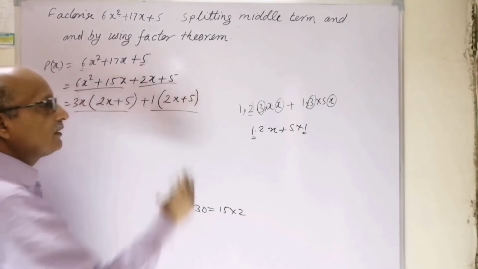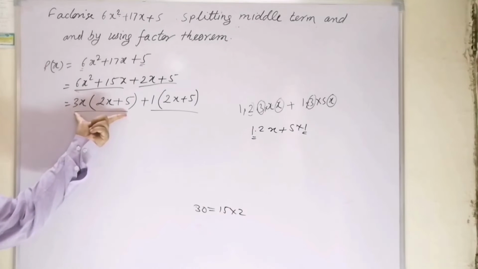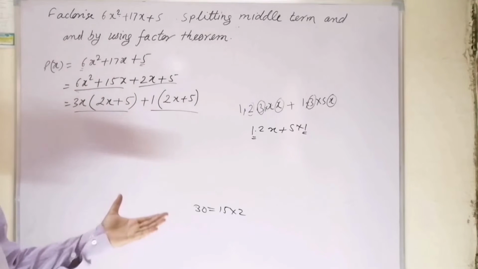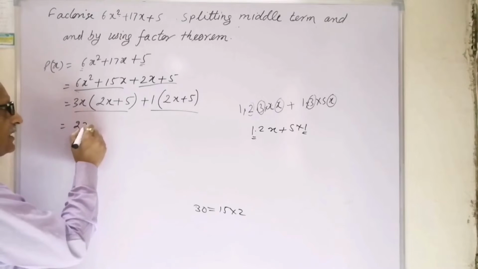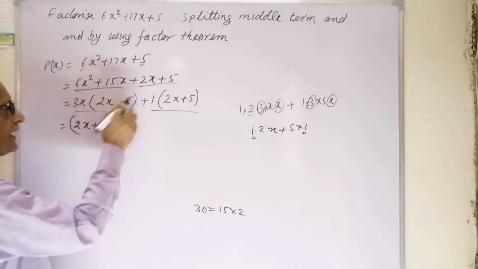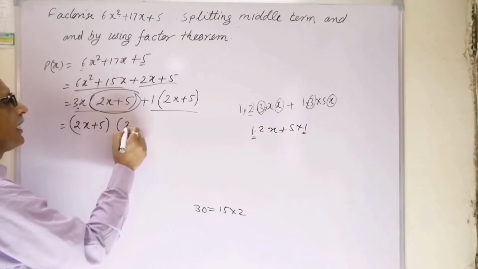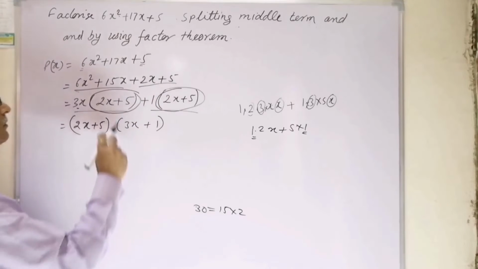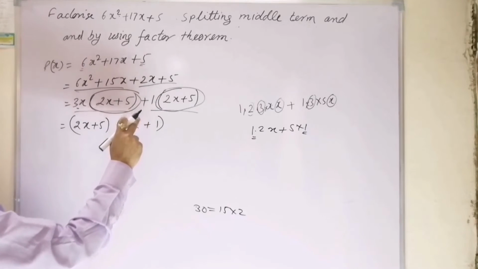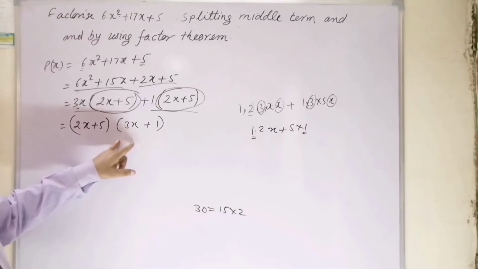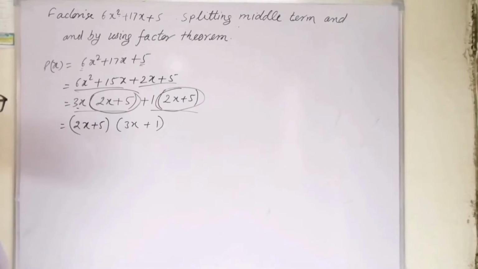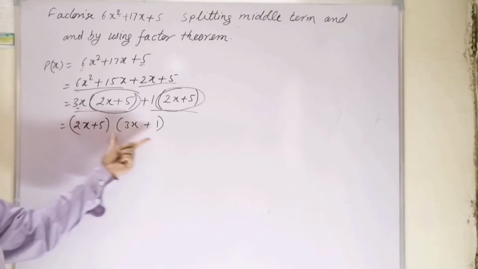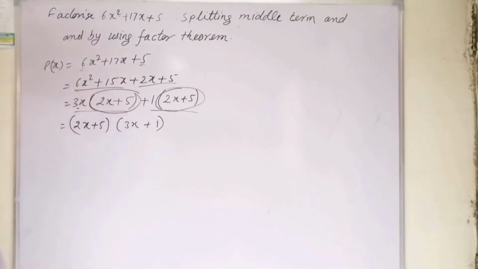Again we have got a binomial, 2 terms. One term is considered as a whole, and the other term is considered as a whole. Now again we will see what is common over here. We can have 2x plus 5 common. Taken out common, what is left here? 3x. And from here we have 1 only. In this way we have got 2 factors: one is 2x plus 5 and the other is 3x plus 1. This was using splitting the middle term.